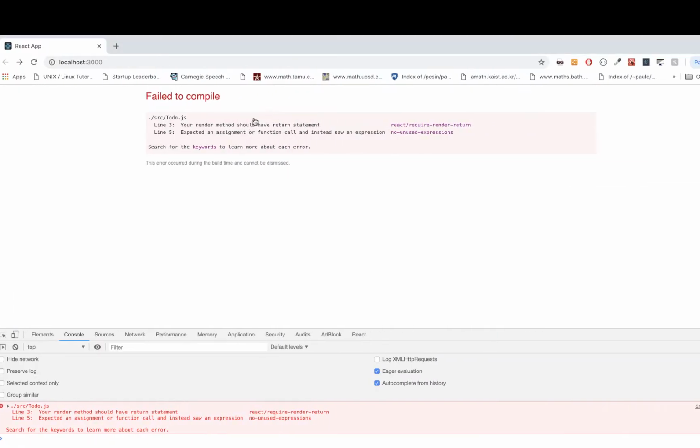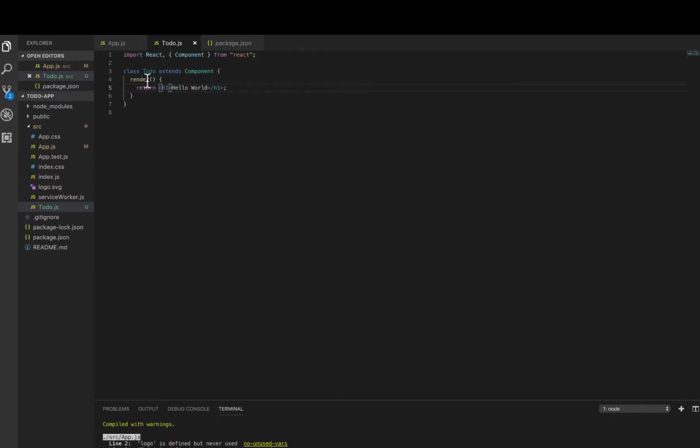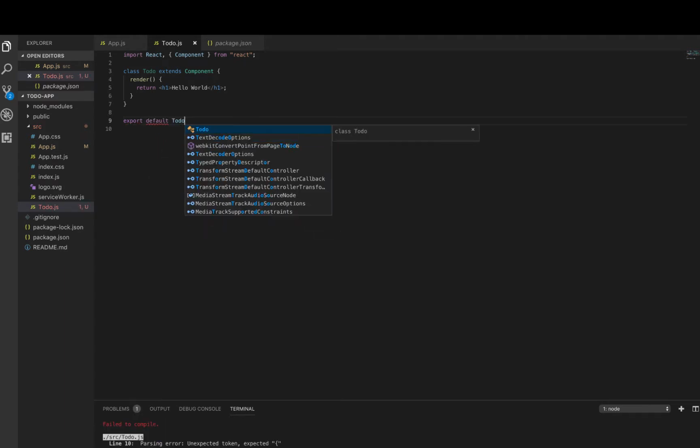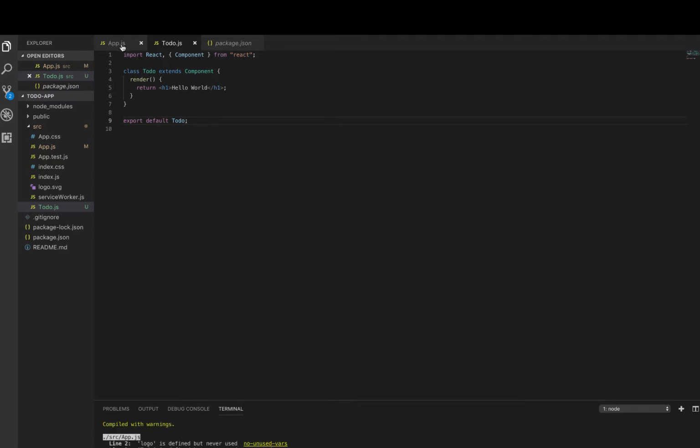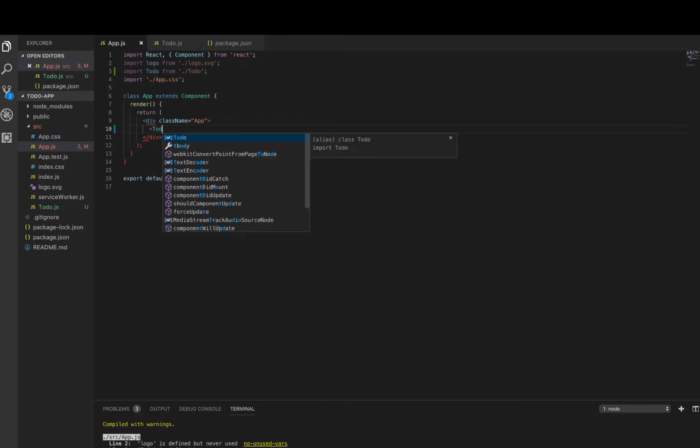Oh, so you see this error? It says your render method should have a return statement. So apparently I didn't include this. One more thing we need to add here is, to make this component reusable from outside the component, you need to export it. Okay, so export default, right? That's how you export. I won't get into the details of ES6 right now, but you export that Todo, and then you can go ahead. So right now there's nothing showing here, but we can go ahead and add this component here